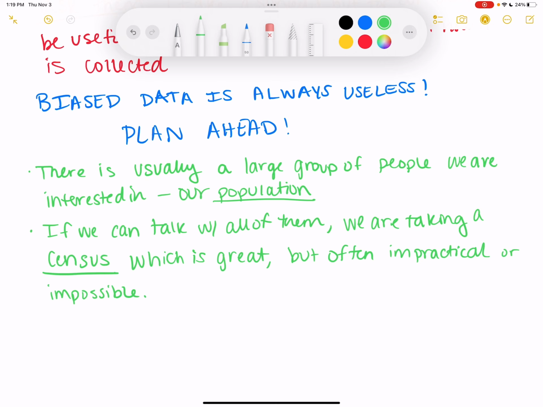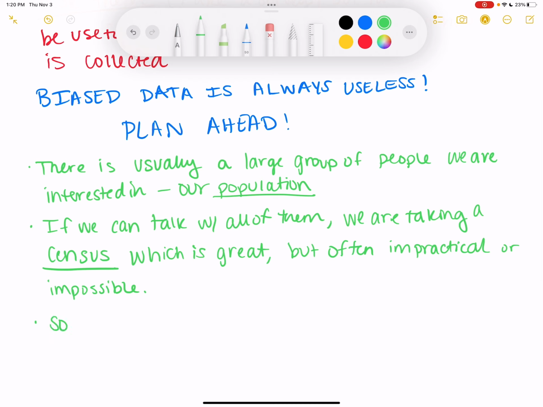So if we were going to do some kind of research, I don't know if Mr. Fletcher sent it out yet, but there was a survey that he's going to be sending out to the families of the school. If everyone can answer, then it's more of a census. Now, obviously, take it for what it is. It's a different kind of survey, but that's more of a census. If we're just looking at a smaller group of people, say just the high school, then that's just the population we're dealing with. It's a smaller version of it.